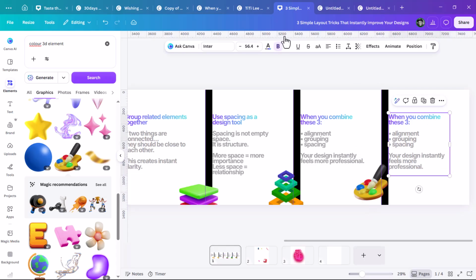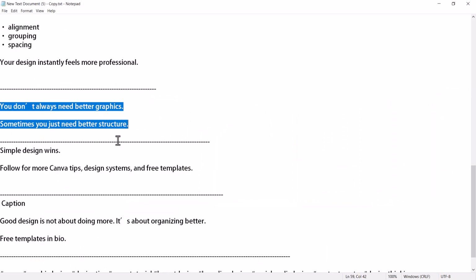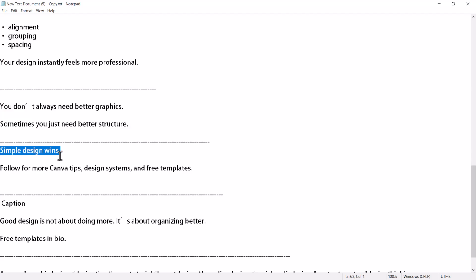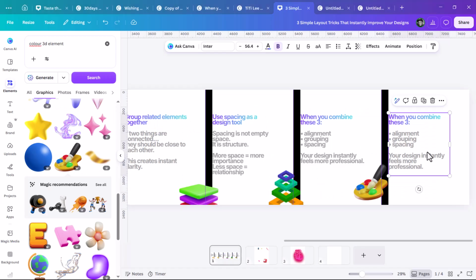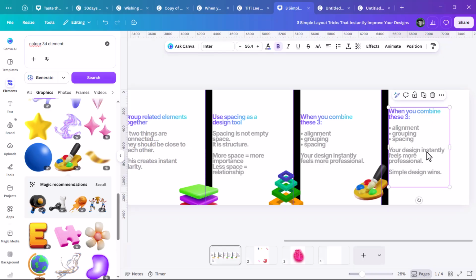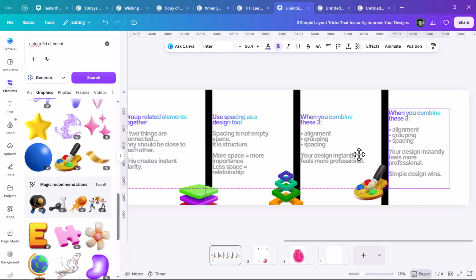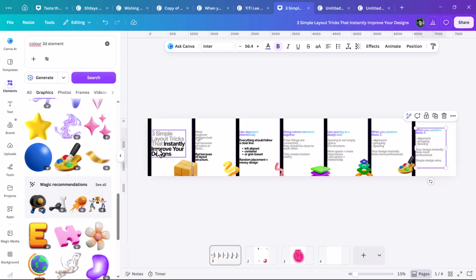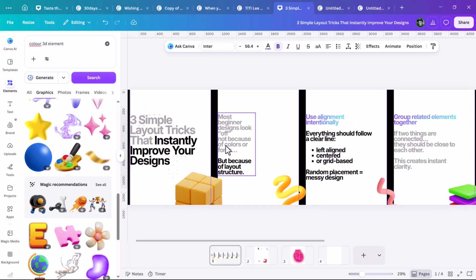Then there's this last sentence in our content, and I think we should use it, which is simple design wins. Okay, let's copy this. I'm going to position this one in our last post here. Ctrl V, and we can break that down, and you can push this one up so it be at the center. Okay, we can stretch this one out,